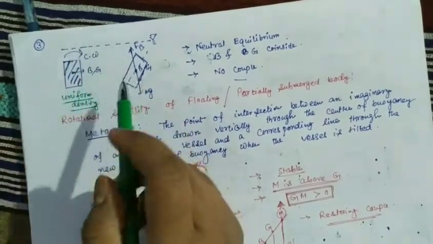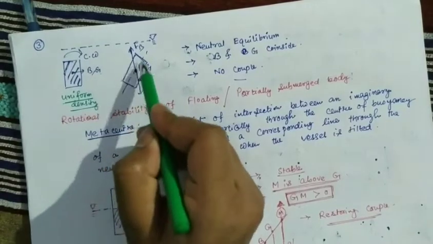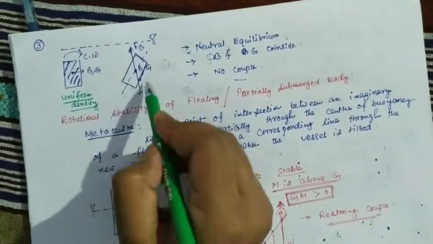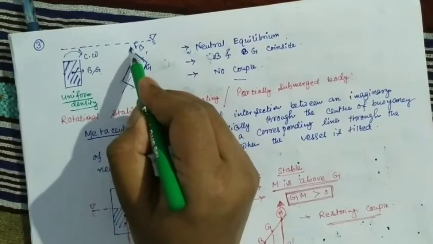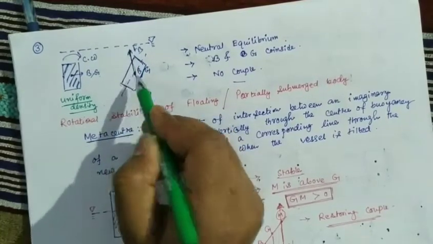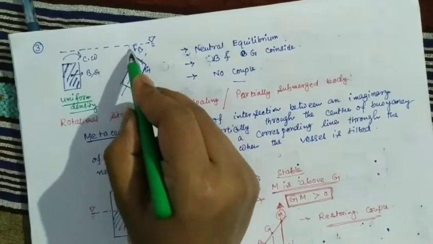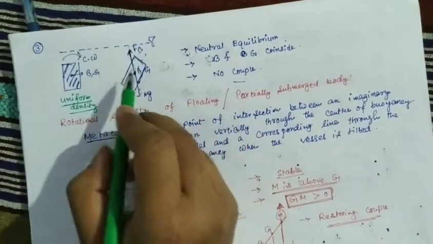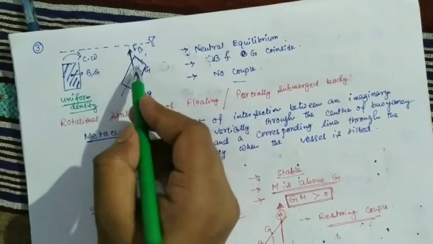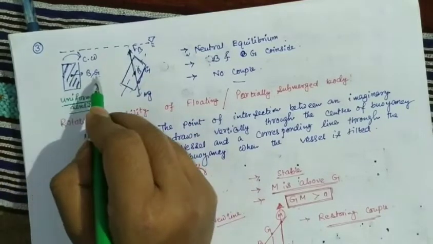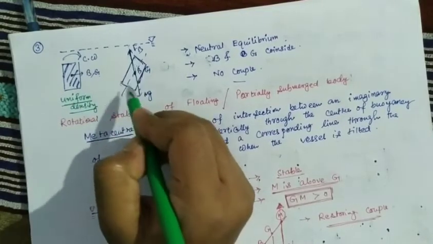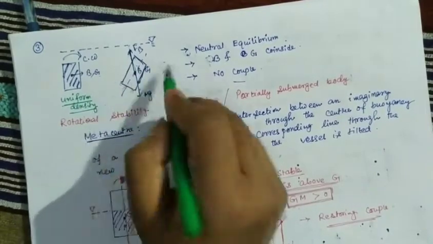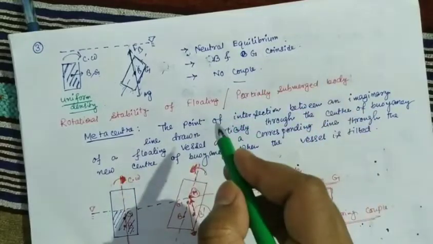After the rotation, the body will be something like this, but the buoyancy force acts upward and the line of action of the forces will be the same. That's why it will not regain its original position, but will get a new position, just something like this. This is called neutral equilibrium. As I told you, in case of neutral equilibrium,